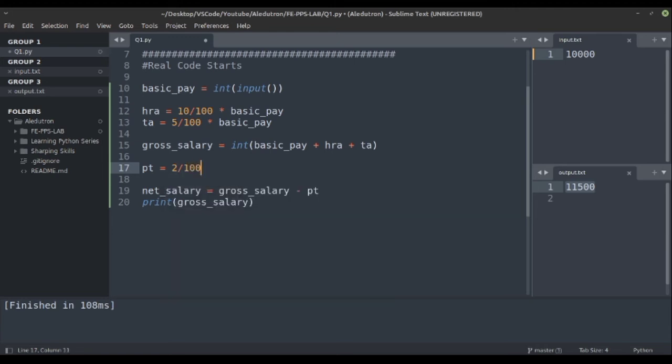So 2 by 100 into, sorry, not the basic pay, the total gross salary. The professional tax would be 2% of the gross salary, and the net salary would be gross salary minus professional tax. This would also return a float value, so we convert it back into an integer. Now let's print the net salary.